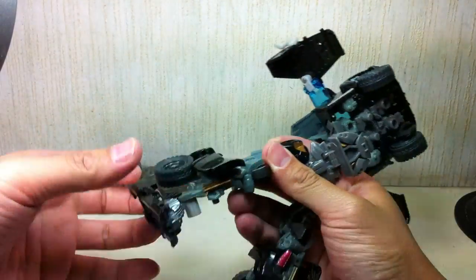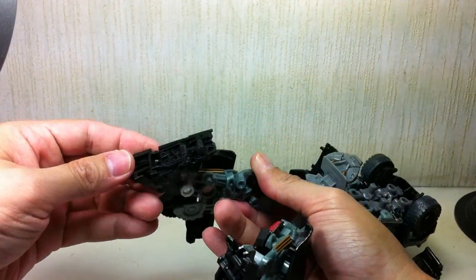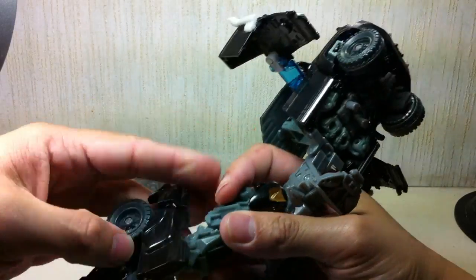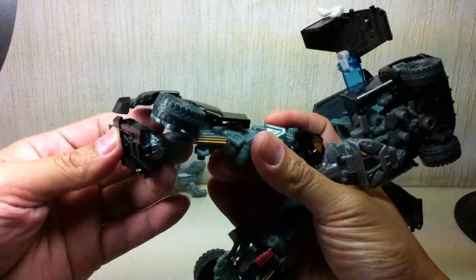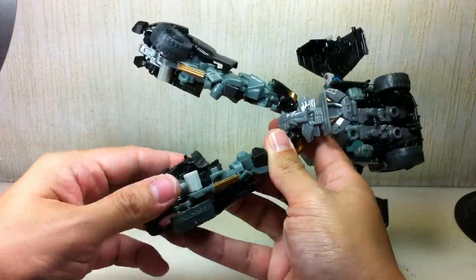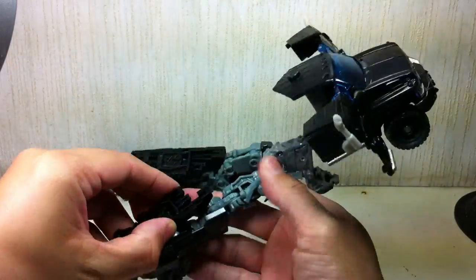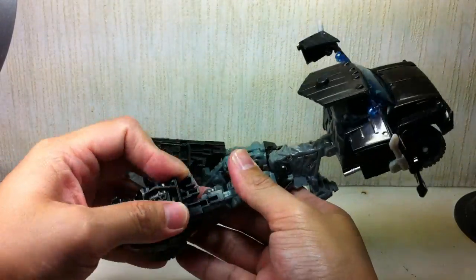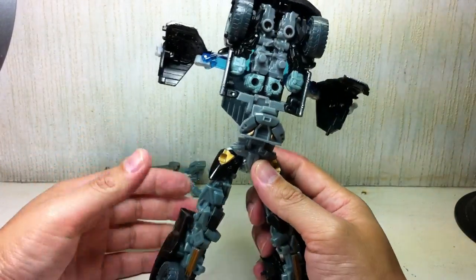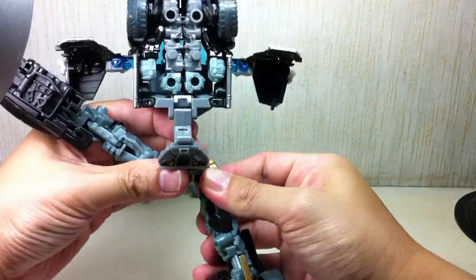So you just go ahead and fold them this way. Oh, you should fold it this way. Sorry. Okay, fold them this way. This is the easy part. Go ahead and fold them this way. Okay, just like that. Oh, come on. Okay. Now the hard part really is the instructions tell you to rotate these legs like that